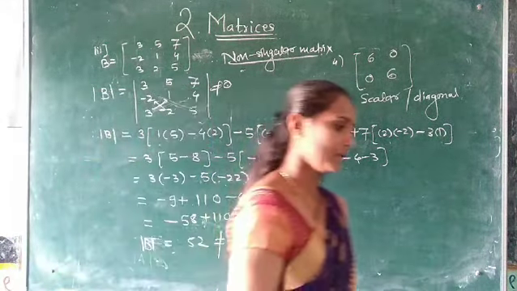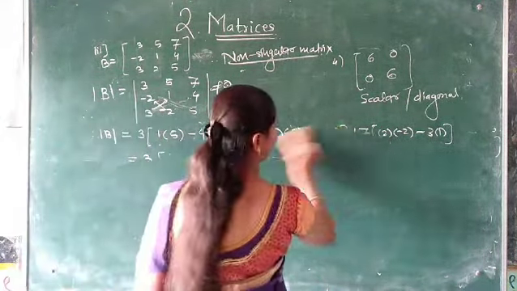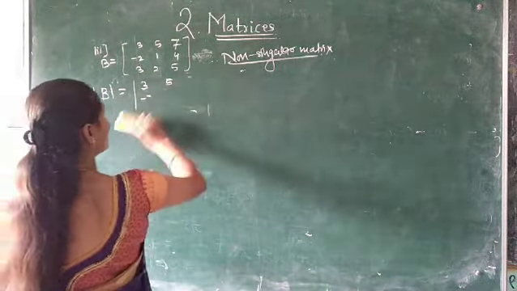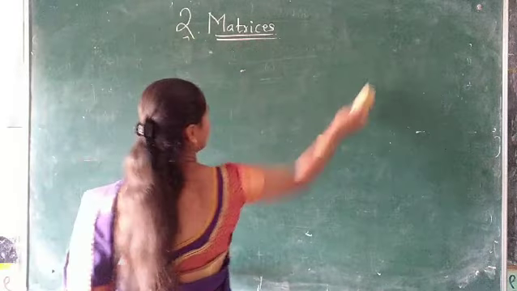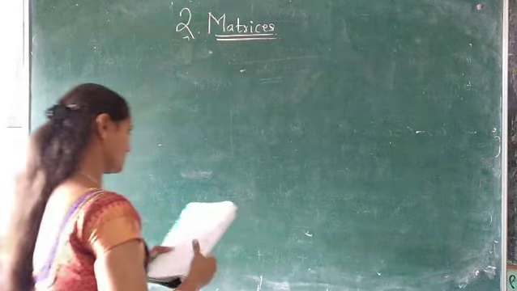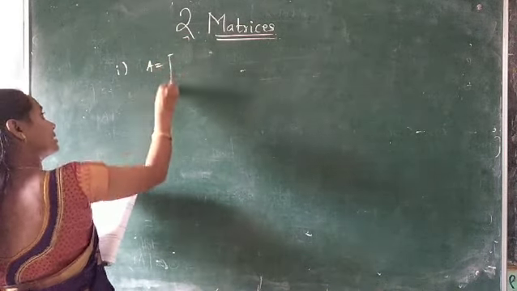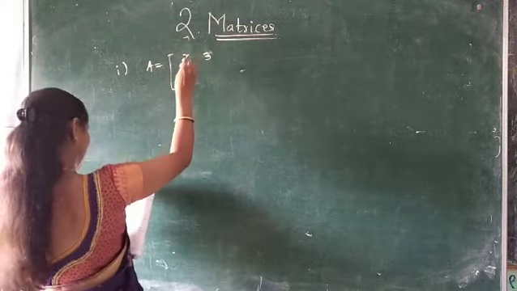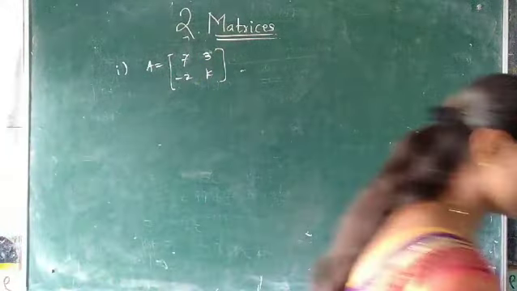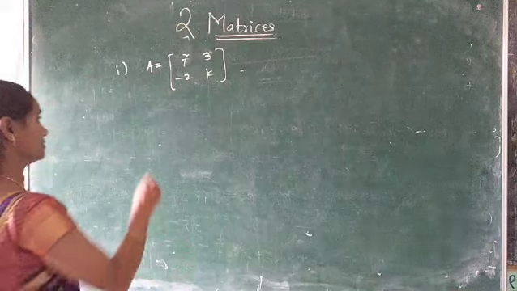Also, the fourth example you should try to solve. Now, we take question number 4. So, what is question number 4 here? Find the value of K if the given matrix is singular. So, first example is there. 7, 3, minus 2 and K. Given that this matrix is singular, that means the value of the determinant of this matrix is 0.